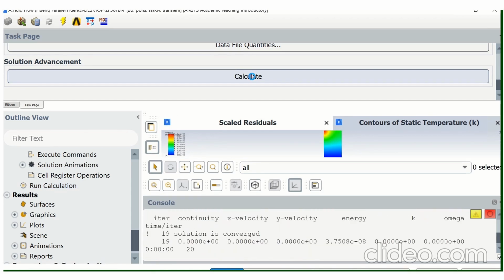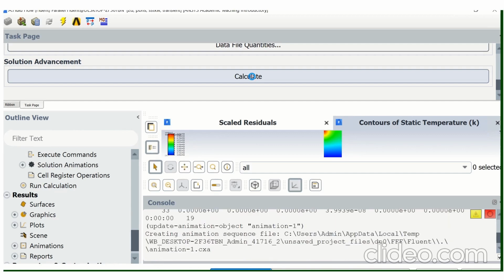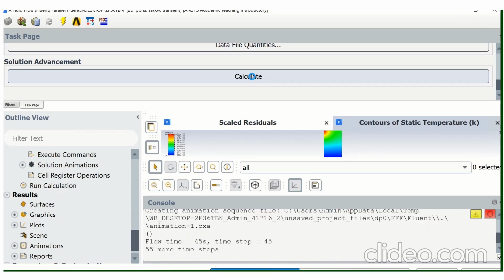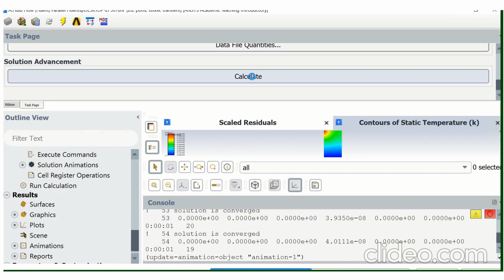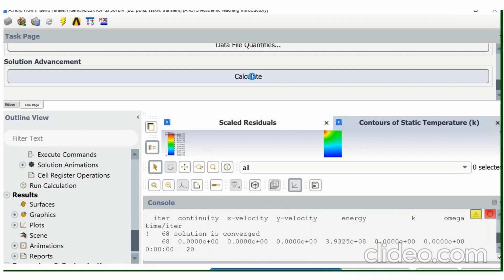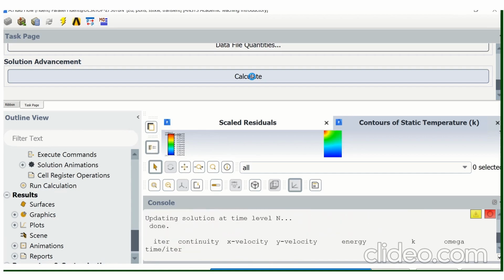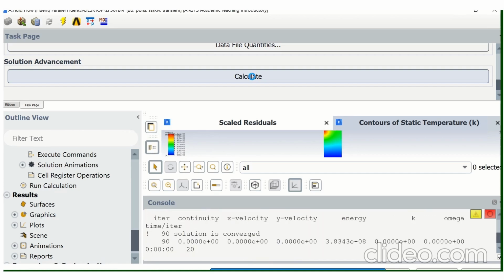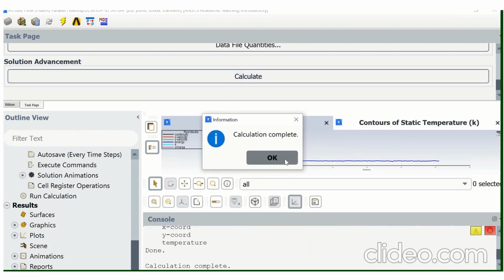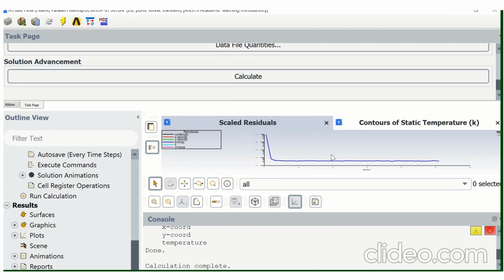It will take some time based on your element size and other things, domain size. Once you're done with this, you get the solution.